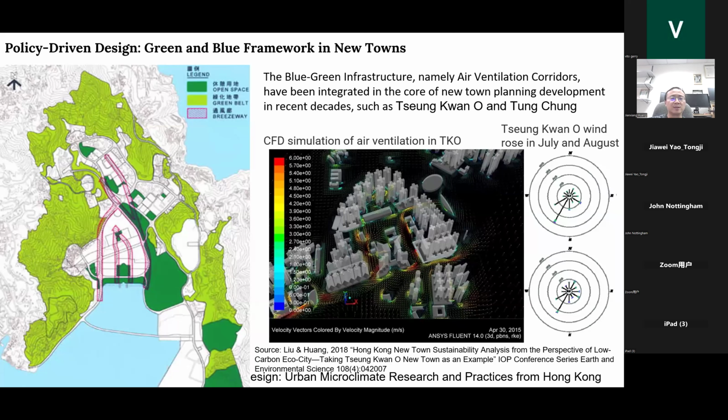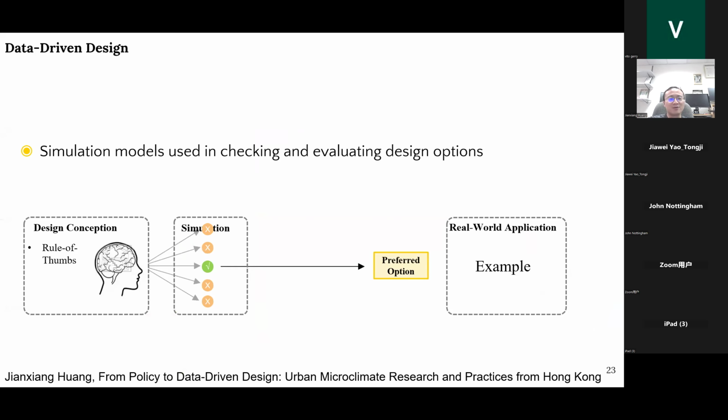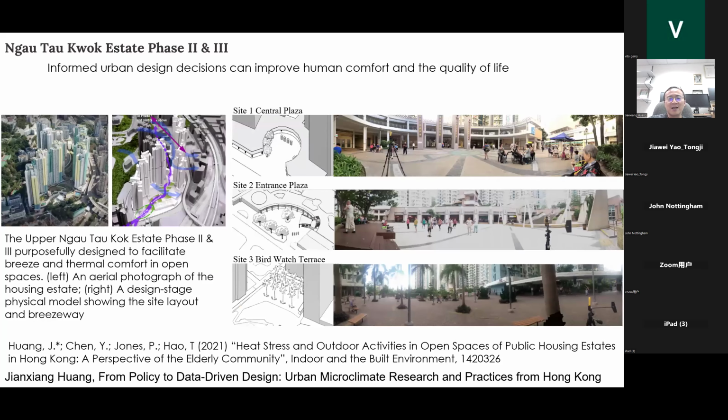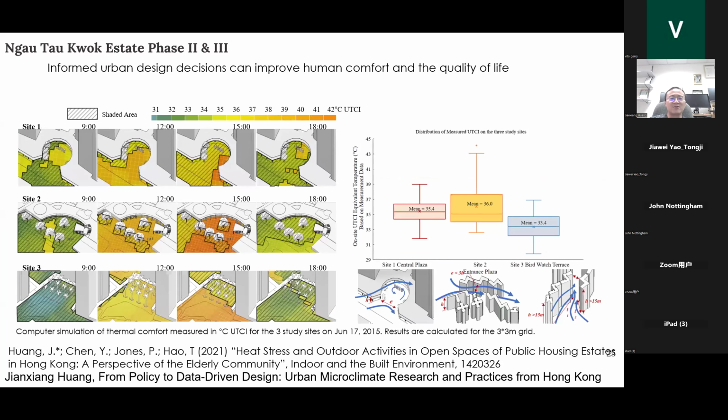Of course, there's a lot of criticism towards this approach, for reasons I won't be able to delve into very deeply. But data-driven design will differ essentially from what we used before, in that we use simulation tools to test various scenarios, and that informs a better result. So this is a built, award-winning public housing project in Hong Kong that uses such a tool to design open spaces with plenty of shading and pleasant breeze that create a vibrant, well-used and loved open space that the entire community gathers around. And then we did our measurement and our field simulation, and we can prove that because of such intelligent design, allow me to phrase it that way, we can achieve quite a lot